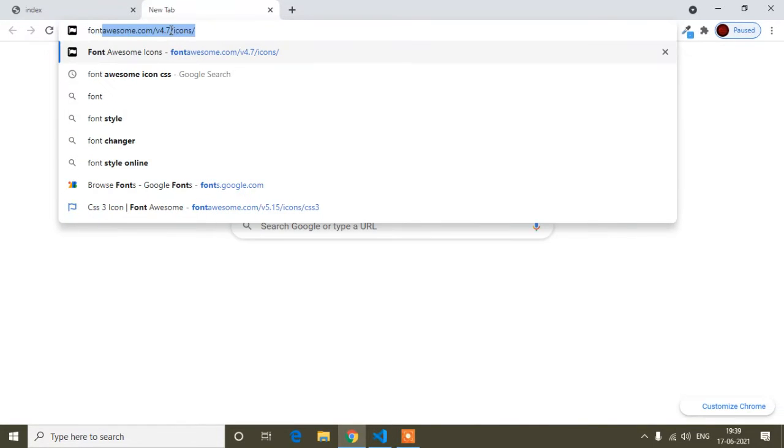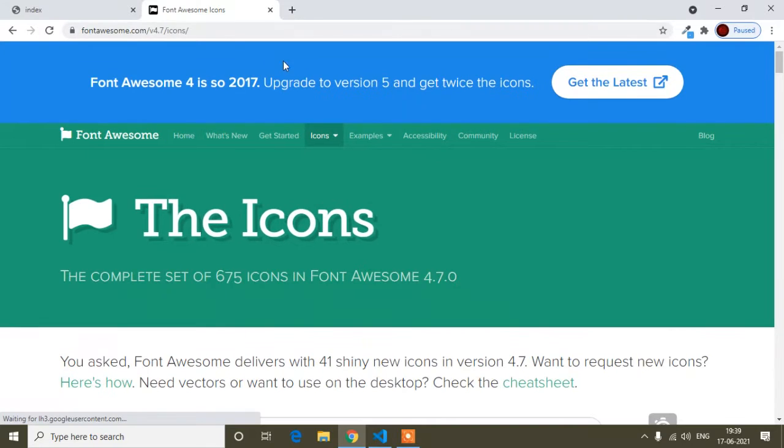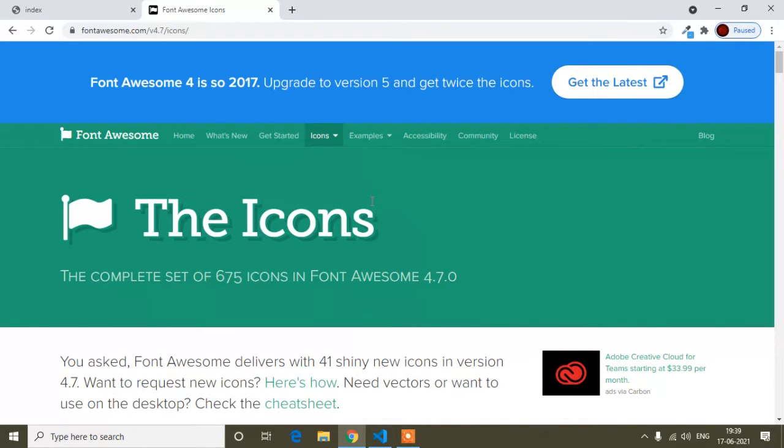So here I will go to the Foundation icons page. This is the official site of Foundation. For adding icons in your owl carousel, you have to add Foundation before. I have already added Foundation. If you watched my previous tutorial and you don't know how to use Foundation, you can write in the comment. I will provide the link of Foundation in the comment section also, and you just put the link in your head tag.